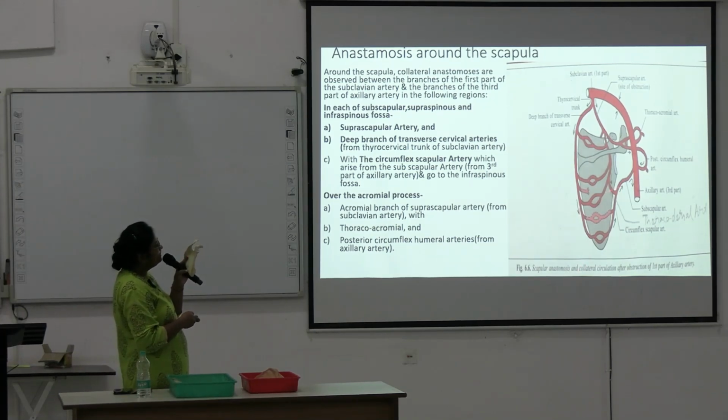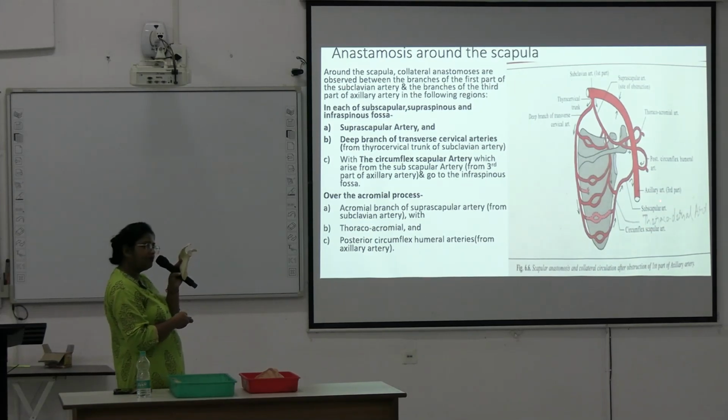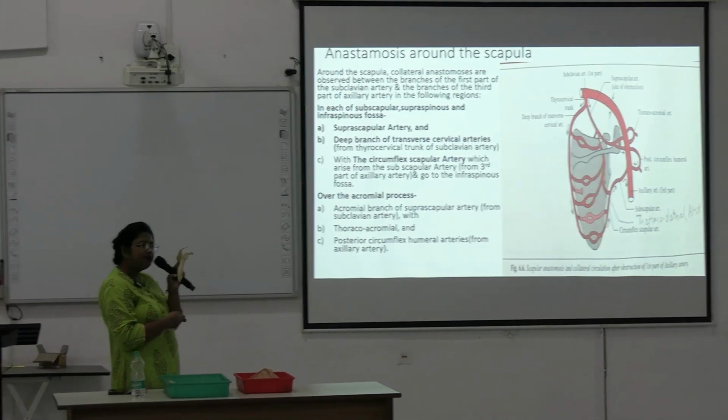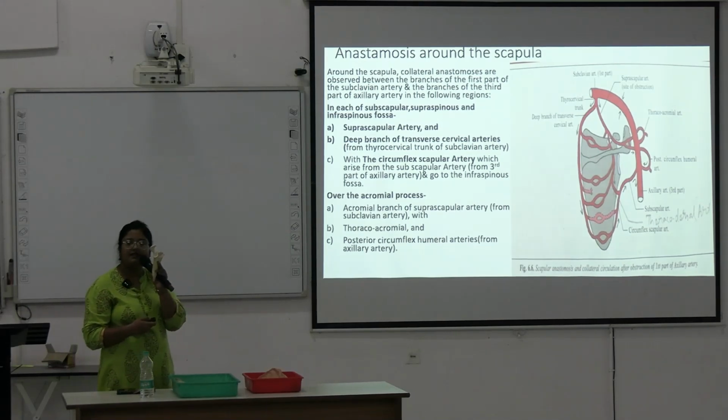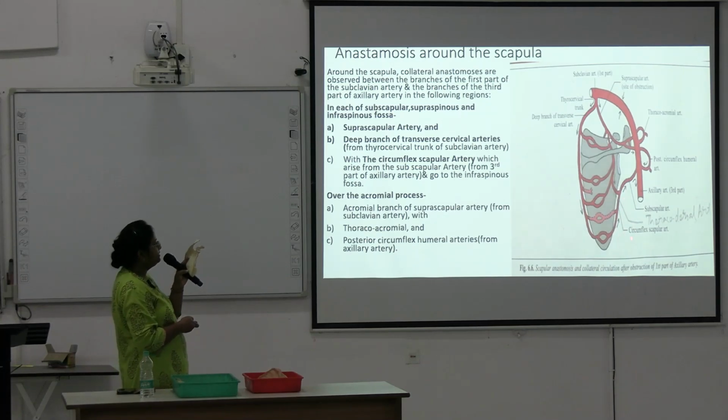And here, from the third part of the axillary artery, you can see it gives a branch, the subscapular artery. The subscapular artery gives one circumflex branch known as the circumflex scapular artery, winding round the lateral border of the scapula and forming a depression here. This circumflex scapular artery lies between the 2 heads of the teres minor muscle. And here is the thoracodorsal artery. The subscapular artery divides into the circumflex scapular and the thoracodorsal artery.